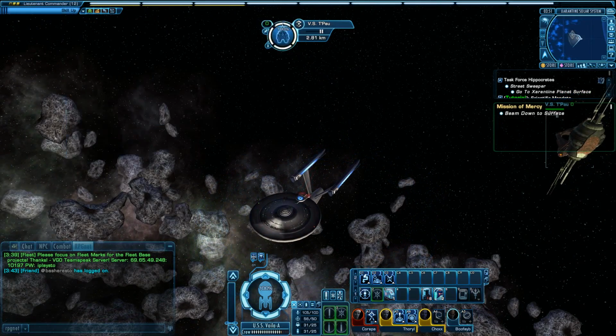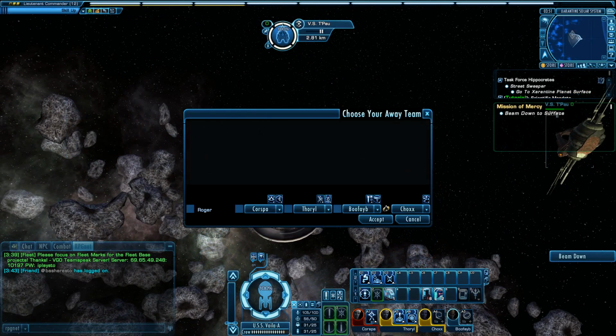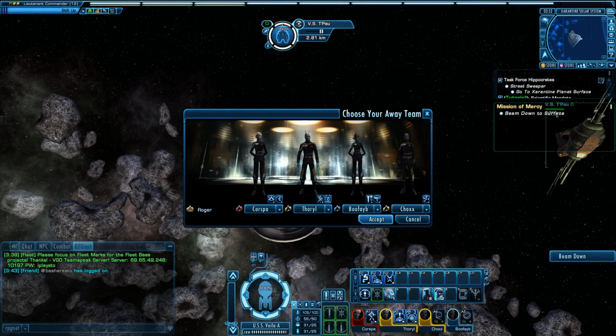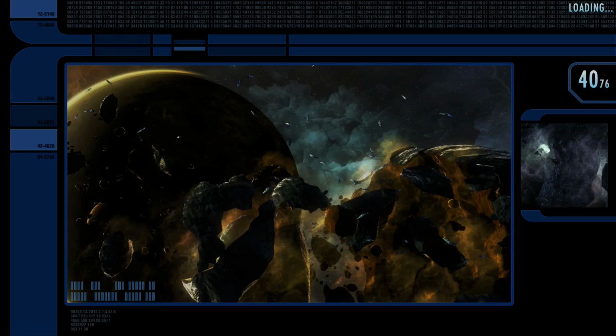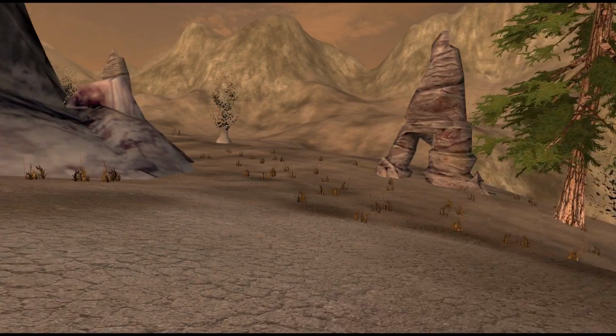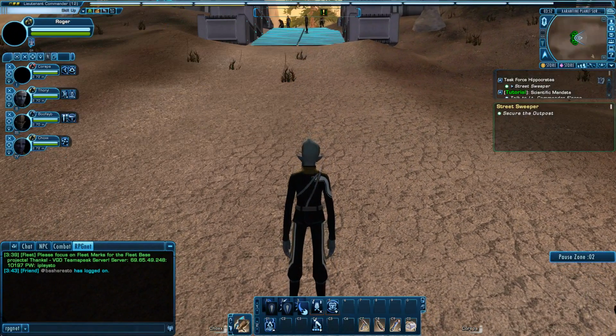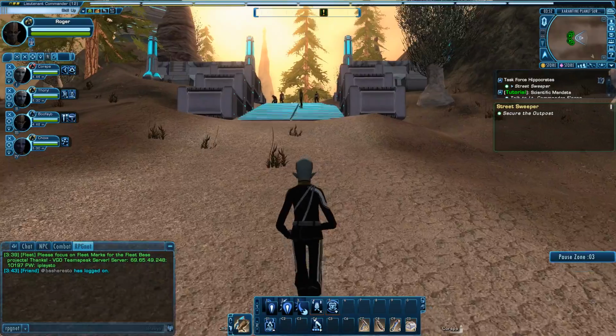All right. Beam down to Zarantine and clear the area for the medical assistance team. Alright, and we've got our standard group of away team. So down we go. Alright, we got to defeat the enemies surrounding the...